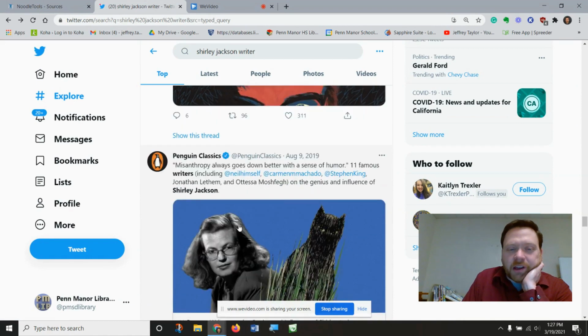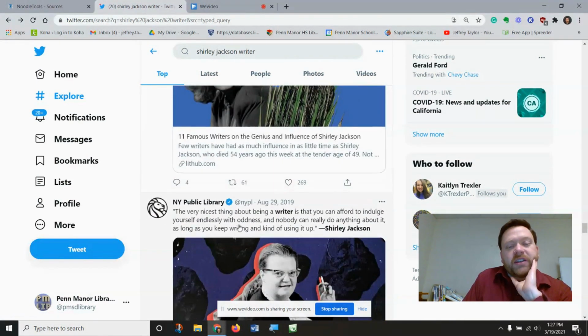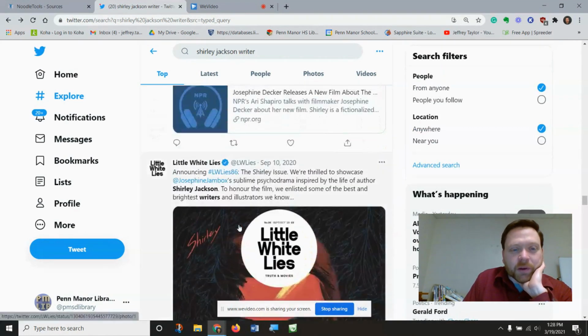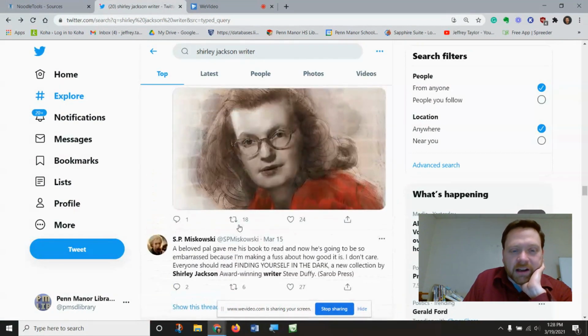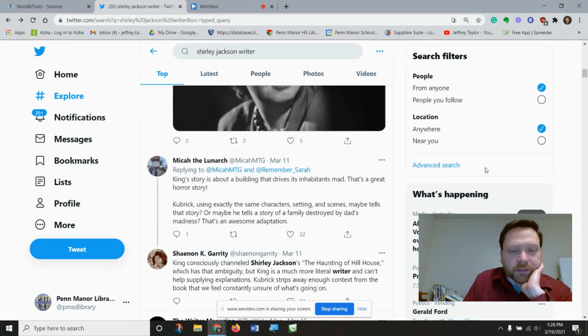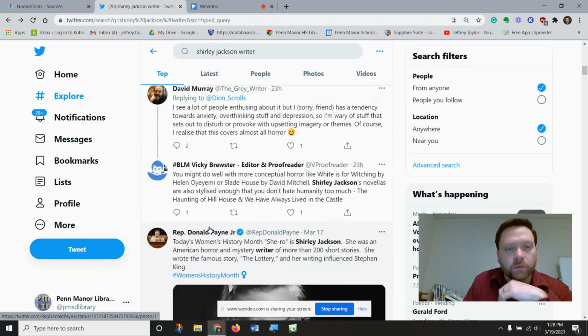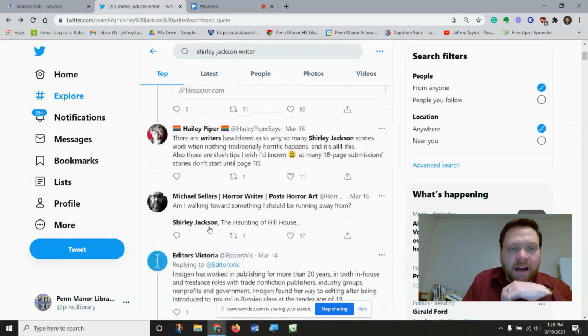One of the issues with Shirley Jackson is, of course, she is not currently, and has not been, on Twitter. So it leaves us with sort of a problem about how do we know that we are citing something worth citing, and how can we rely on whoever it might be that is writing the information,